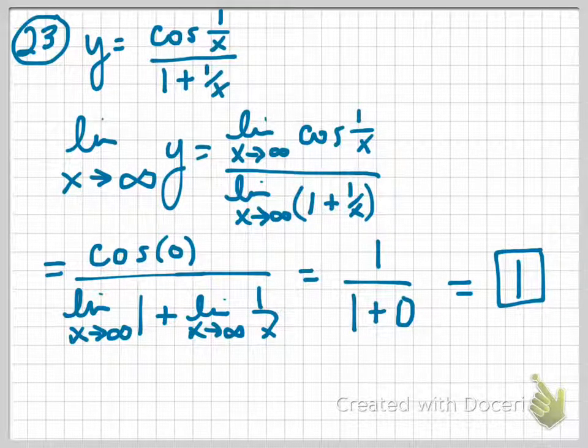If I put a negative infinity there, what is still the value of 1 over x? When the bottom gets huge negative? 0. It's still 0, right? So that's still cosine 0, so the top works. And then on the bottom, when I split it up and I've got the limit as x approaches infinity of 1, it's irrelevant, right? Because there's no x there. And then how about the next one? Same thing,